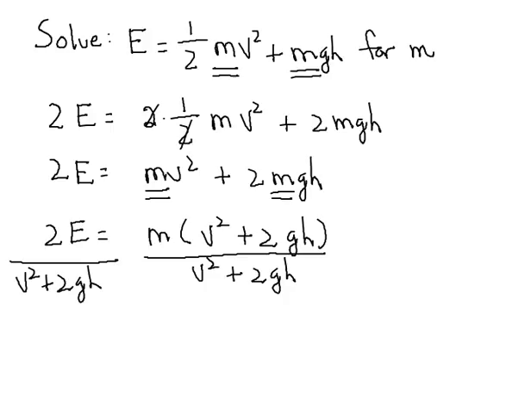So our final result then is little m is equal to 2 times capital E all divided by v squared plus 2